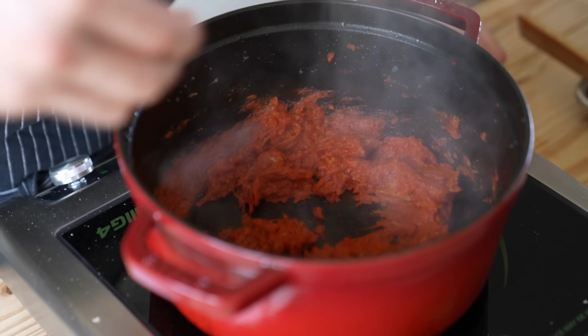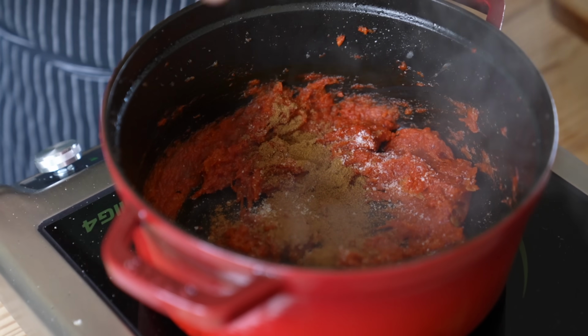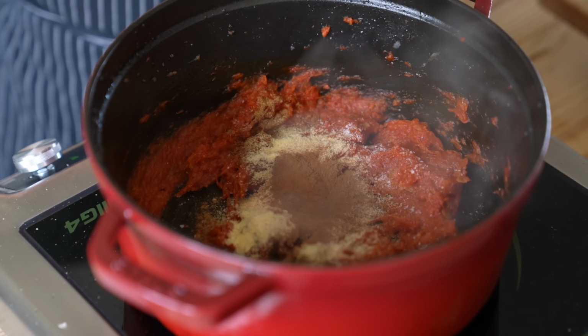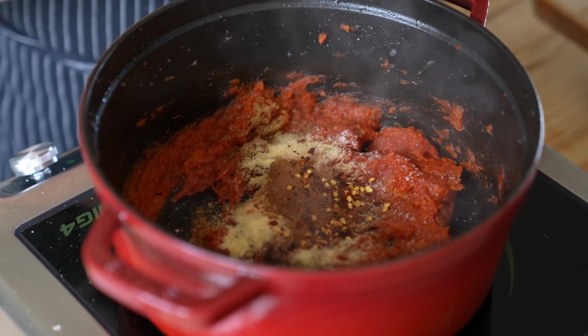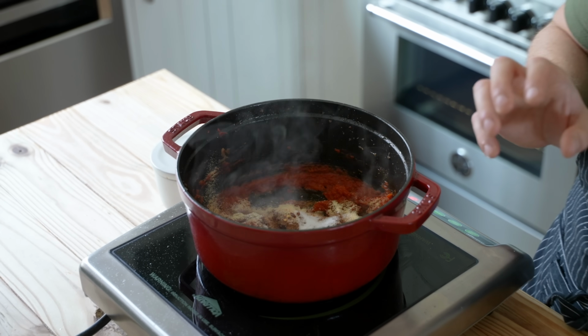Add some salt to taste, 1.5 teaspoons or 5 grams of ground cumin, 1 tablespoon or 12 grams of garlic powder, 1 teaspoon or 4 grams of ground cinnamon, half a teaspoon or 3 grams of red pepper flakes. Oh my god, I'm running out of breath. This is ridiculous. Half a teaspoon or 3 grams of granulated sugar,